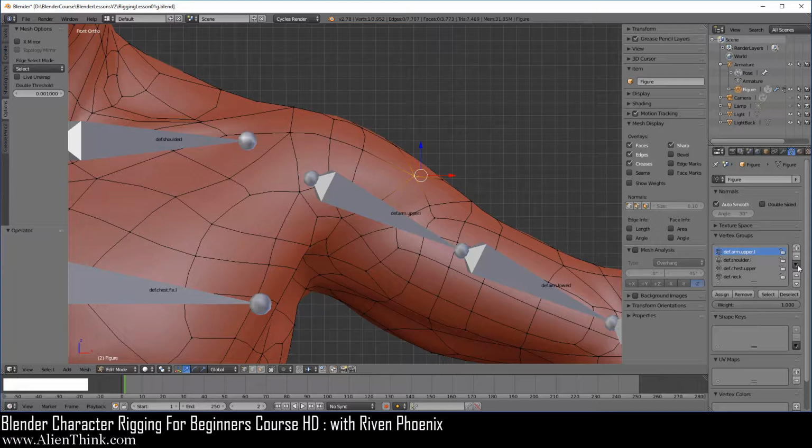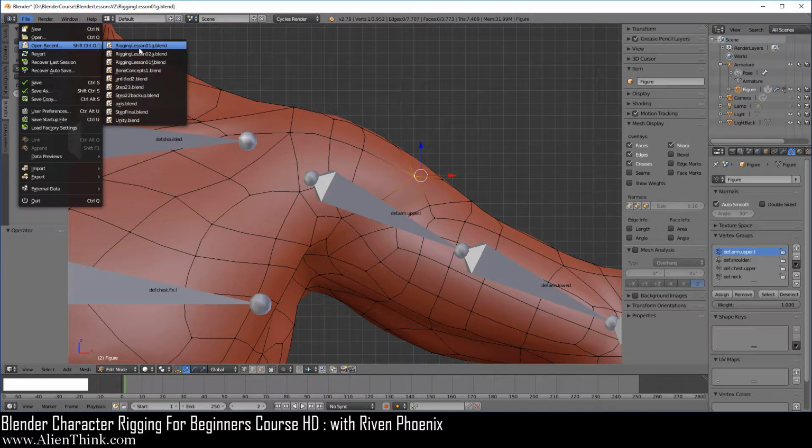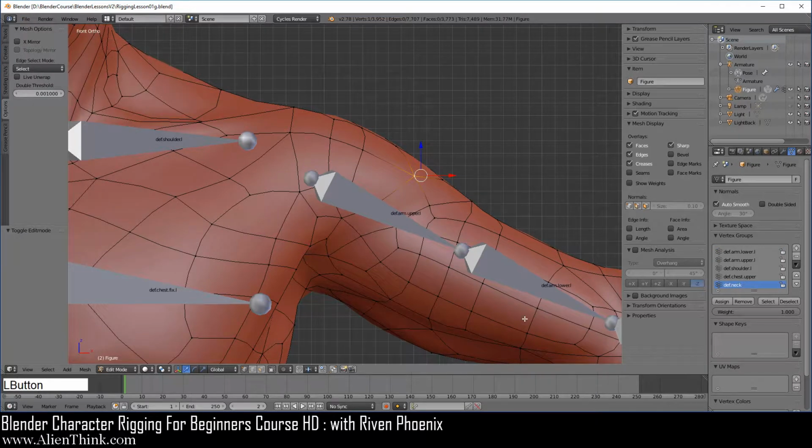So you just have to be careful with this button, because as I said, once you delete it, you cannot bring it back. So this also tells you that when you are going through the rigging process, you need to save your file in increments, as we have been doing. So go under File and just go ahead and now reload it. Okay, so what we're going to do now is take a look at when we click on a vertex group